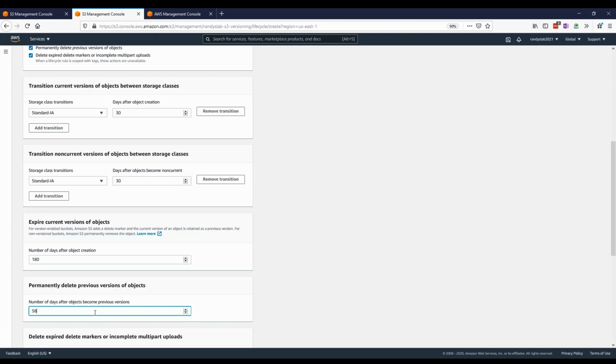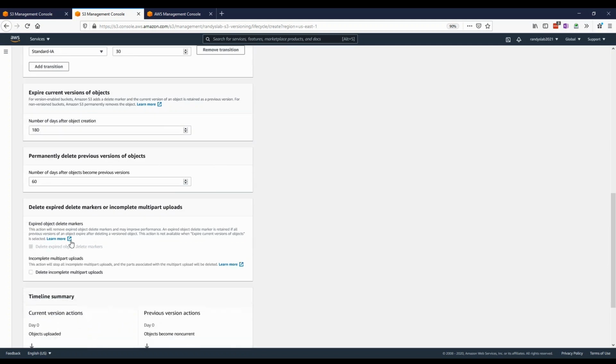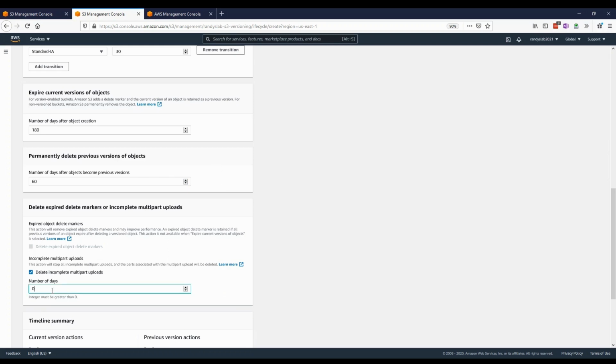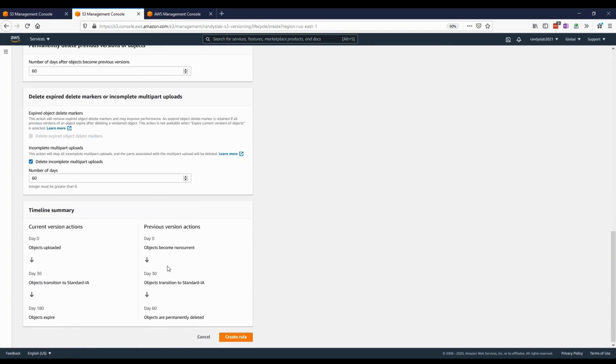And so that's what we're configuring here, the cleanup action to actually go back through and delete those items, right? Actually, I'm sorry, we're doing that one here, right? And so, 60 days after we mark something for deletion, we'll go ahead and automatically remove it, right? Now, as we set these things up, we get the different timeline summaries for current versions